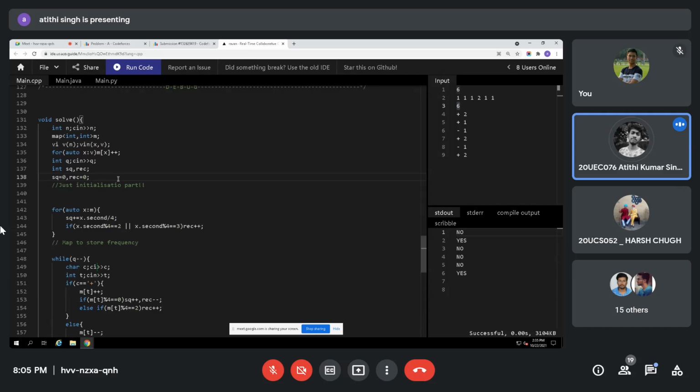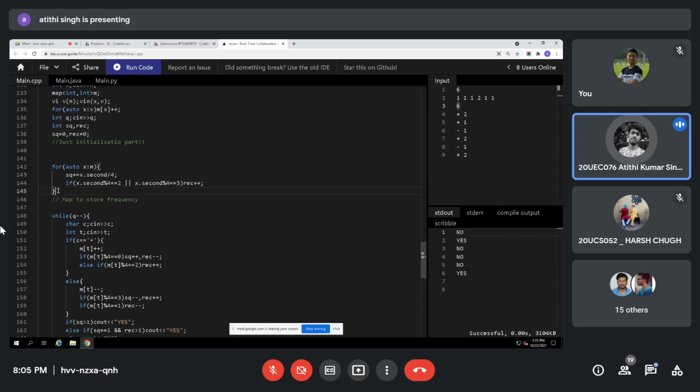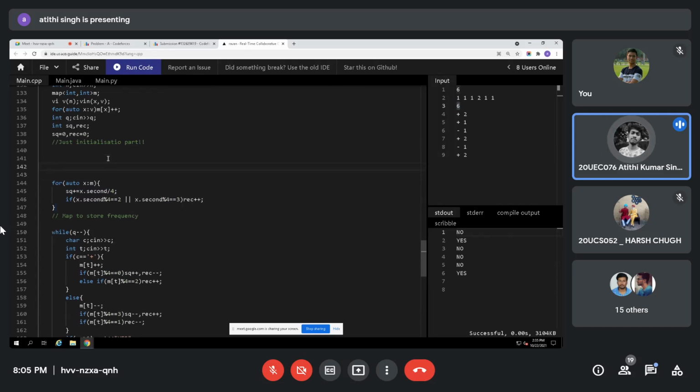Okay. So what I am doing is that here I am checking how many squares and rectangles are possible to make up till this point. The number of squares will be based on the frequency that I have of it. For example, I can take any number. Let me think that I have 5 wood logs of size 1. So basically I can make just one square out of it.